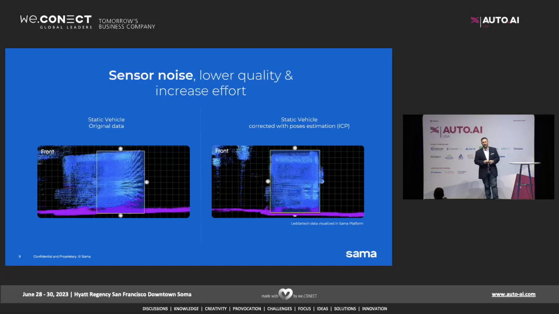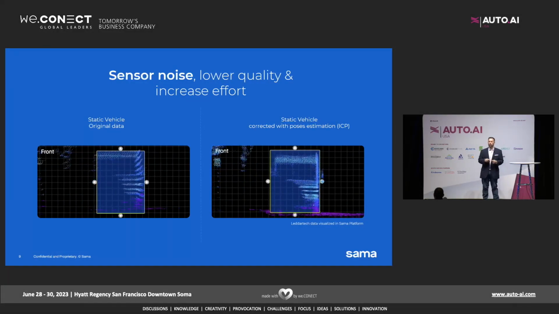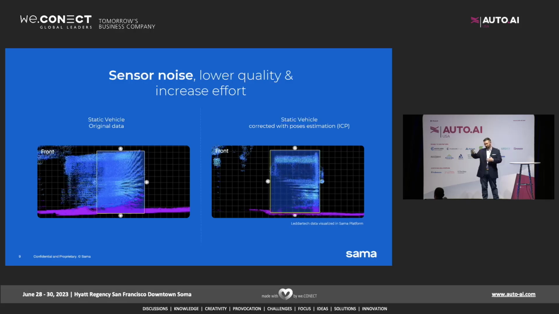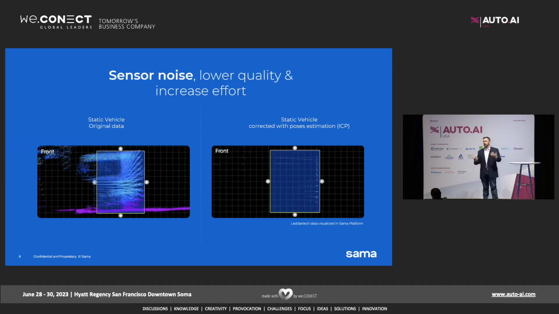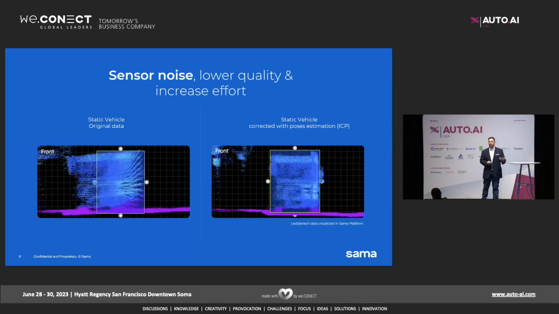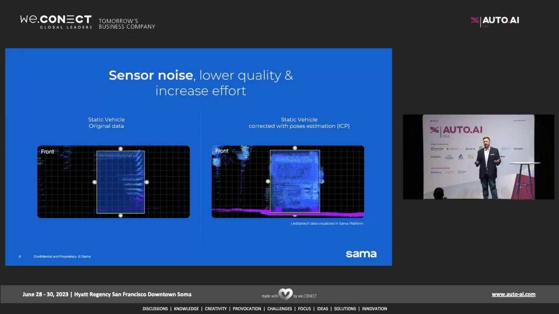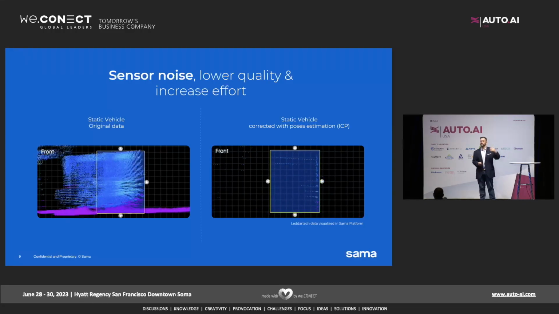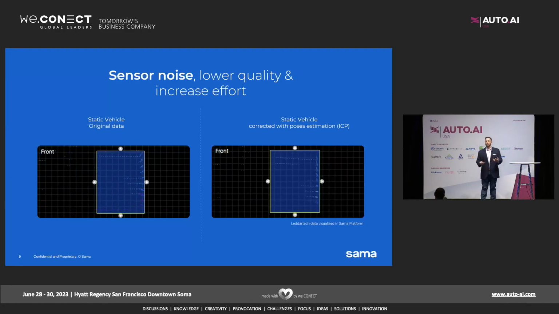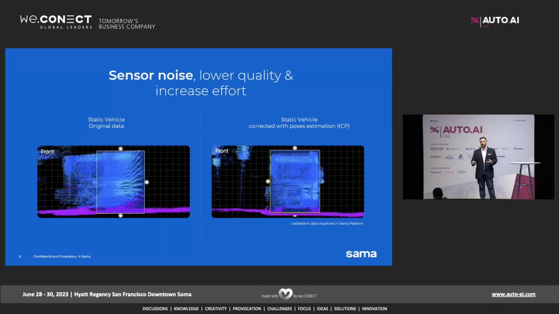Another thing we see quite often is sensor noise. So not just the raindrops that we were seeing in the last presentation, but you can just get noise in general from raindrops as one example, but in other places where you may just have noisy sensors. We also can see very low quality sensors, as was talked about in one of the Ford presentations earlier today. One of the goals that a lot of these teams have is, how do you reduce cost? So maybe we want to go with a 4 megapixel camera instead of an 8 or a 16. Where do you want to get to? Sometimes that can have a real degradation in the earlier training phases of the speed and the quality of annotation.